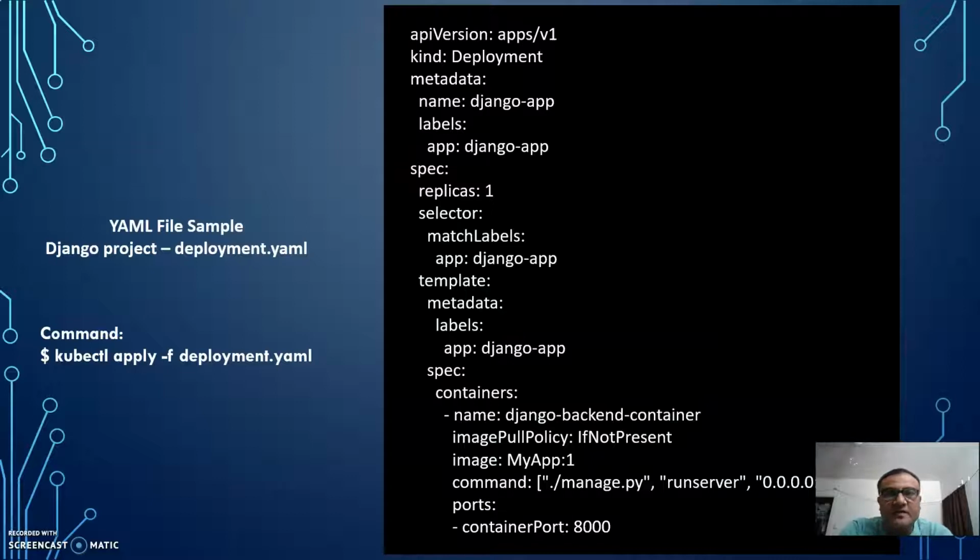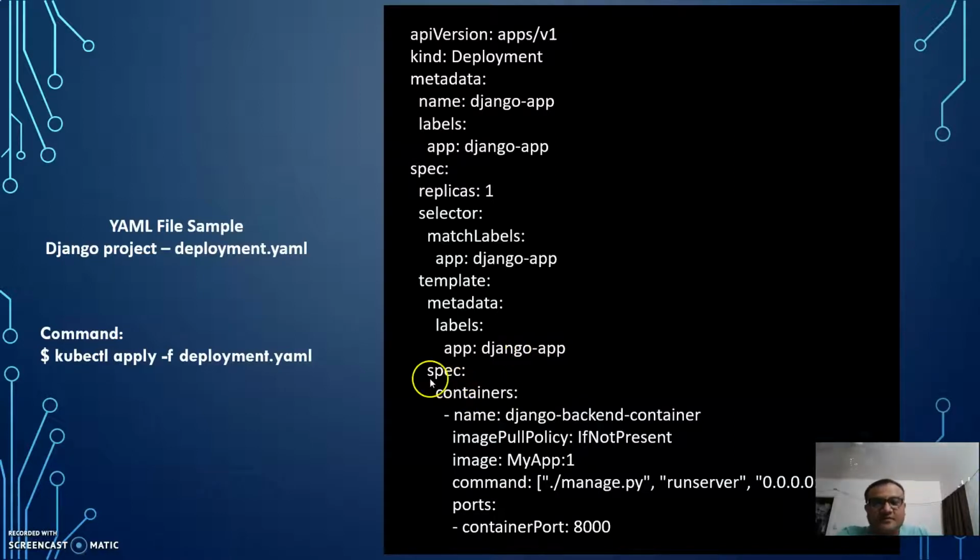If the single pod, the single container, crashes, then we don't have any service to serve the customer. So we should have more than one running instance on a node. That's how we can label the pods, and the metadata is a label of the pod.